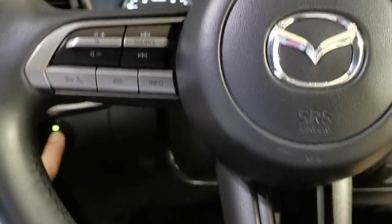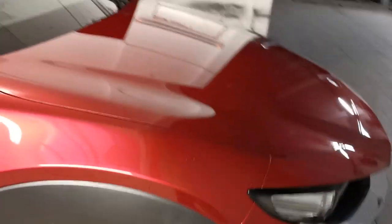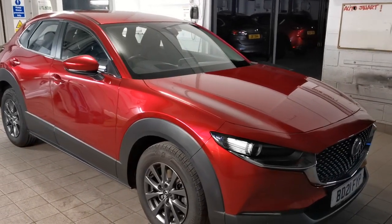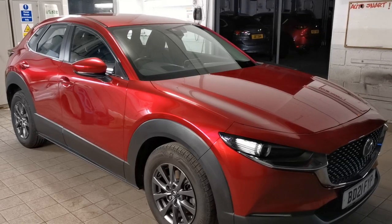Real fan of these Mazdas in terms of the fit and finish. The quality of manufacture is second to none. If you want something that's a bit more individual than your standard SUV, you'll go for this really elegant Mazda CX-30. If you want to find out more details on this CX-30 2-litre 122 PS SKYACTIV G MHEV,